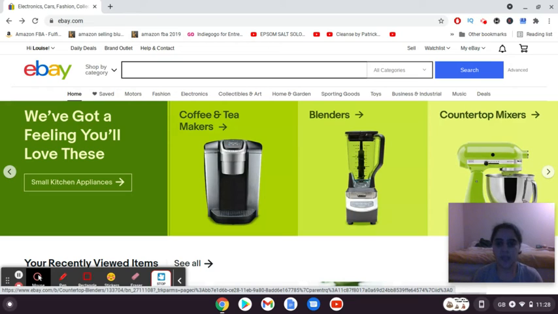So recently I've been getting into print on demand business, and basically what print on demand is, it's a platform where you can create products, whether it's a mug or a t-shirt, and then you design them, okay. It's really simple and easy to design, and I'm going to share with you how you can actually design them and then sell them on eBay, okay.